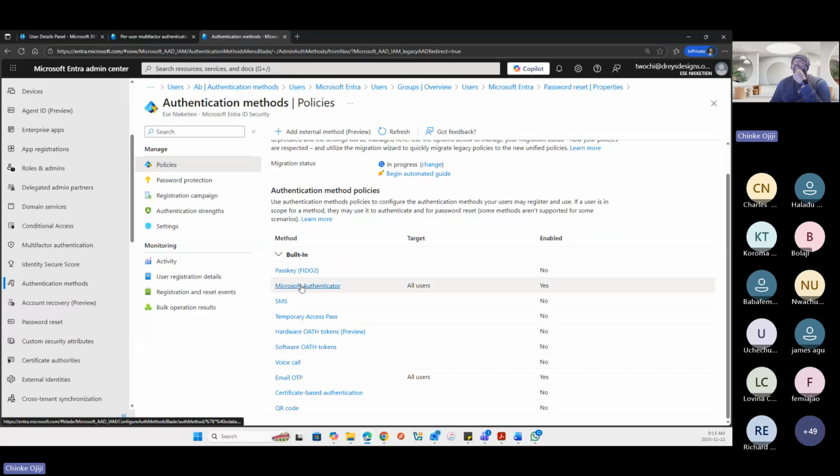so these are those other authentication methods we're talking about here, and you can set in here what you want enabled. You can see Microsoft Authenticator is enabled for all users, and passkey is no. So you can decide what you want to enable. Some organizations give you a YubiKey, which you use for authentication. People that give you that YubiKey, on here, they have enabled that authentication for that organization. That's why they're able to give you the YubiKey and you can use it. So this is where all of that happens.